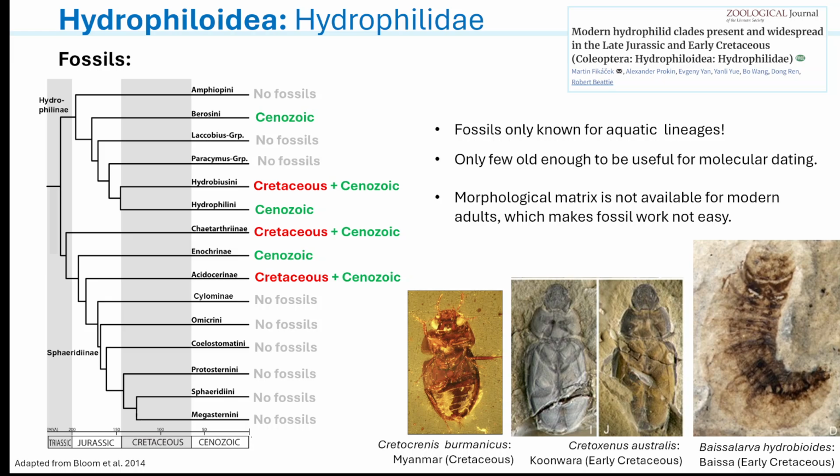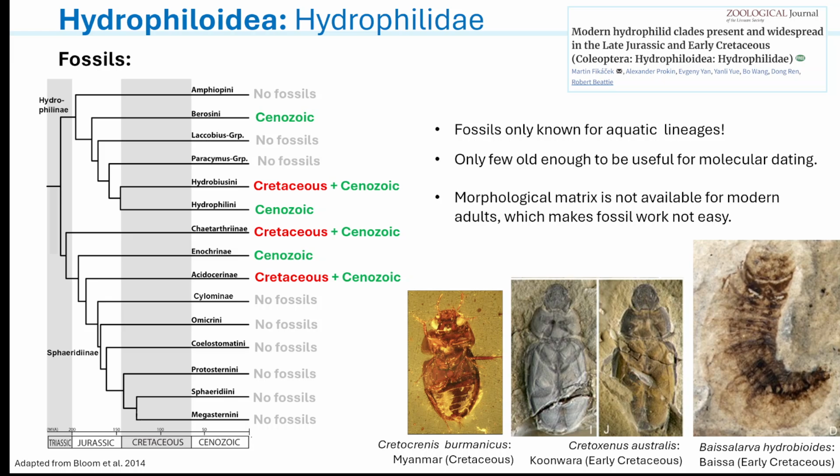And actually, only 3 lineages are so far represented in the fossil record of the Mesozoic. So we have some Cretaceous fossils, and there are a few more Cenozoic, but many lineages are absent. Specifically, the older terrestrial lineages are so far absent from the fossil record. This complicates the